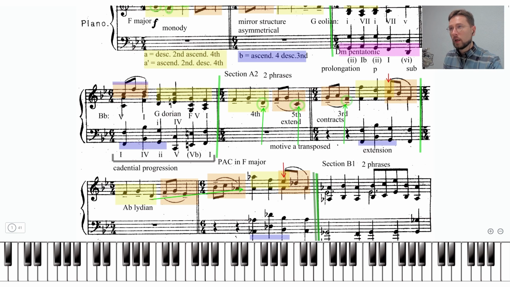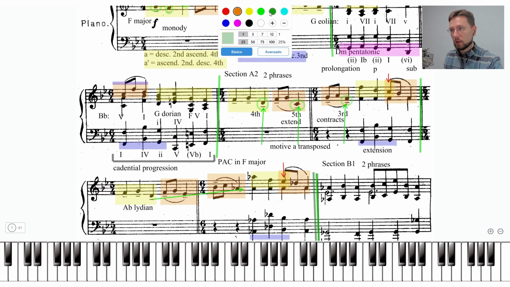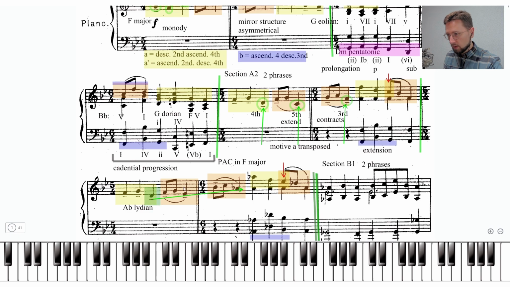Right, so in a way there is this mirror, and I would like to highlight it. Let's see if we can get it properly. So we have this D, E flat, A flat, which is the same as this E flat, D flat, A flat. But it's sounding in A flat Lydian. Right, now going back to this,